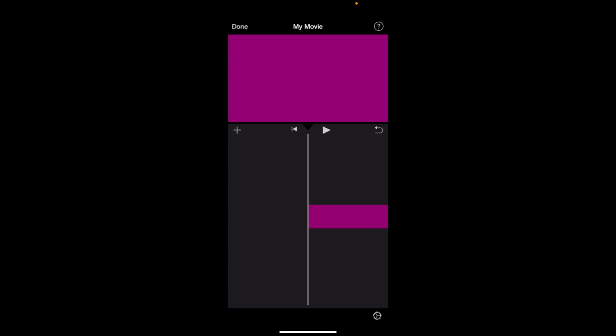So in this iMovie tutorial video, what I'm going to be doing is showing you guys how to add text to a video here in iMovie. As you can tell in my project right now, it's actually just a purple background, no text whatsoever. So it's pretty simple. If you wanted to add some text to your background, what you have to do is